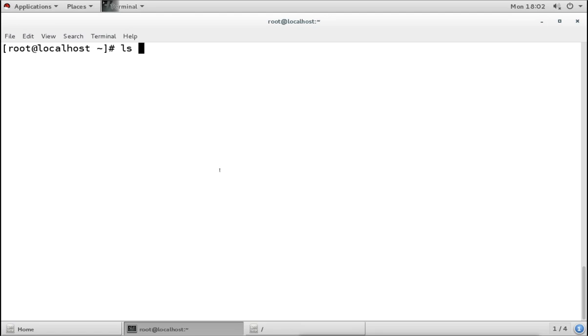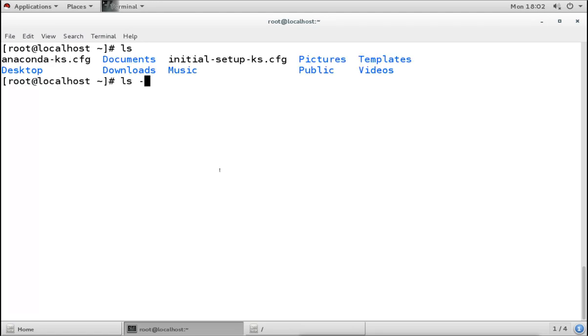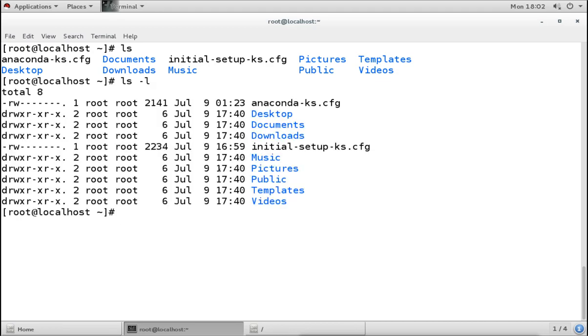This is normal ls, and with that we will use the -l option. Now what will this -l option do? It will list the content in long listing. It is actually called long listing. Now what does long listing do? It does this. It lists all the content of the directory